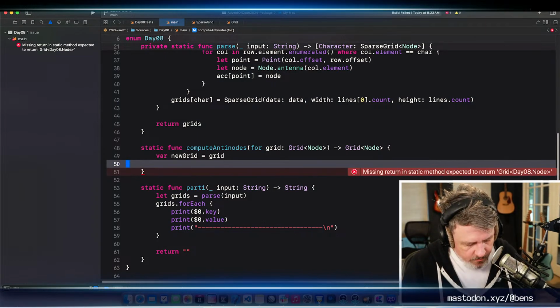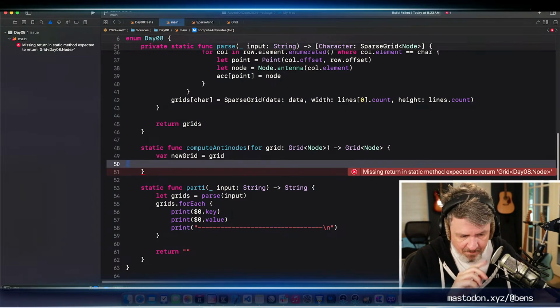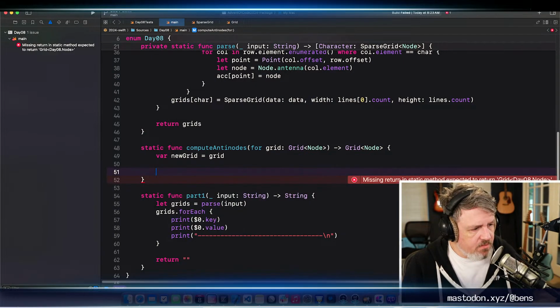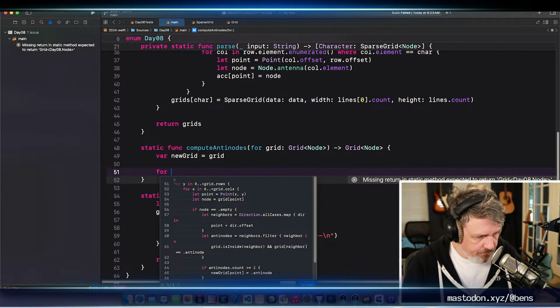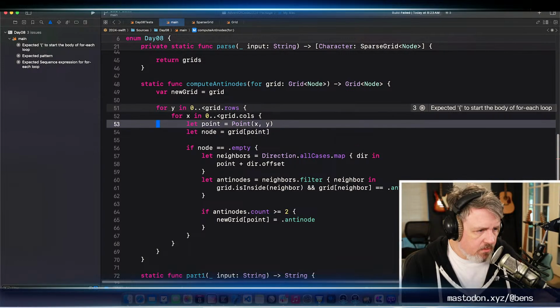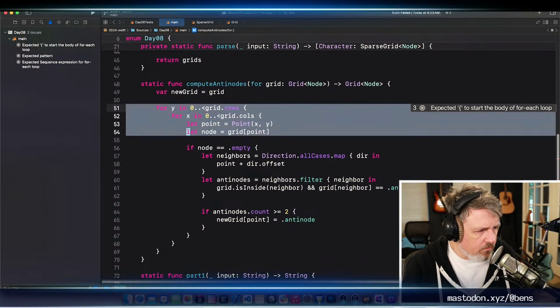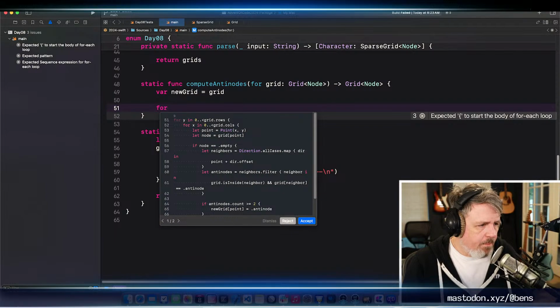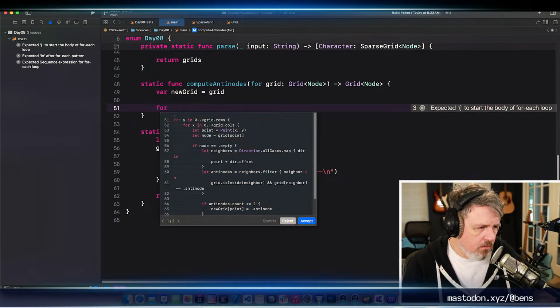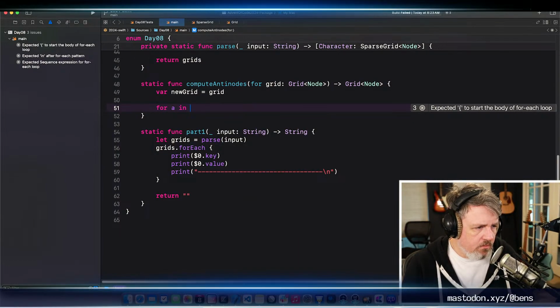Let's see, so how am I going to do... I want to create pairs of all of the different points, every combination. So it's going to end up being something like this. No, not like that. For point A, we're just going to call it A in grid.data.